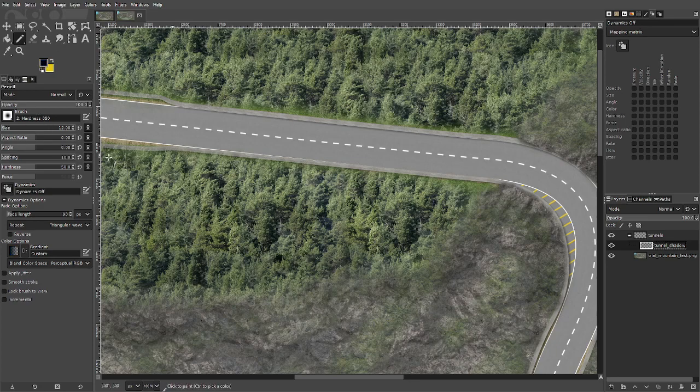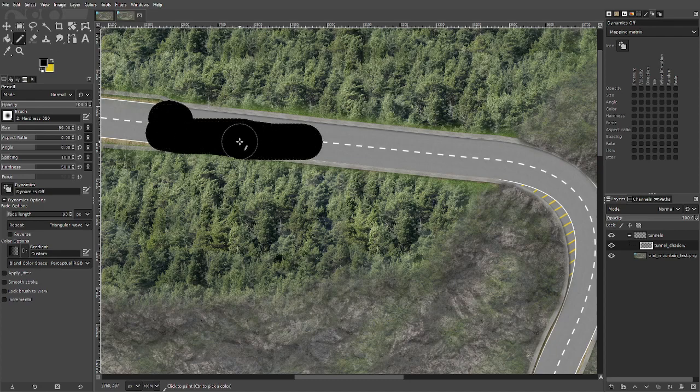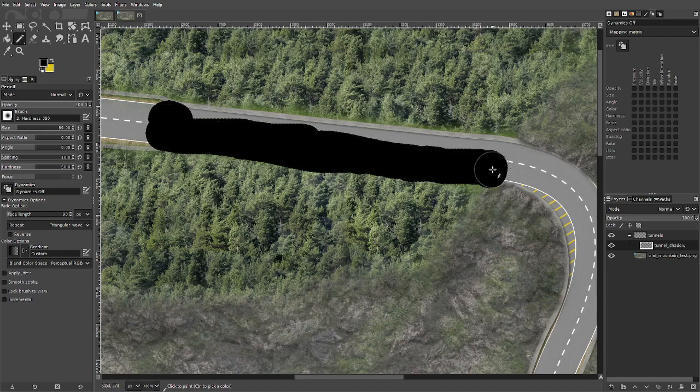Let's just grab black. Let's have, yeah, the pencil. The size doesn't really matter. But what we're going to do is just paint over wherever you want the tunnel to be. You don't need to be super